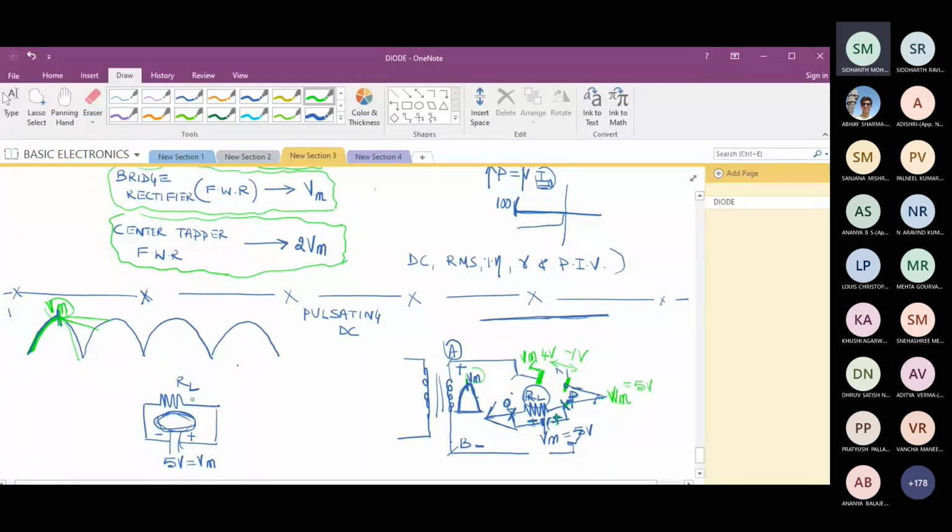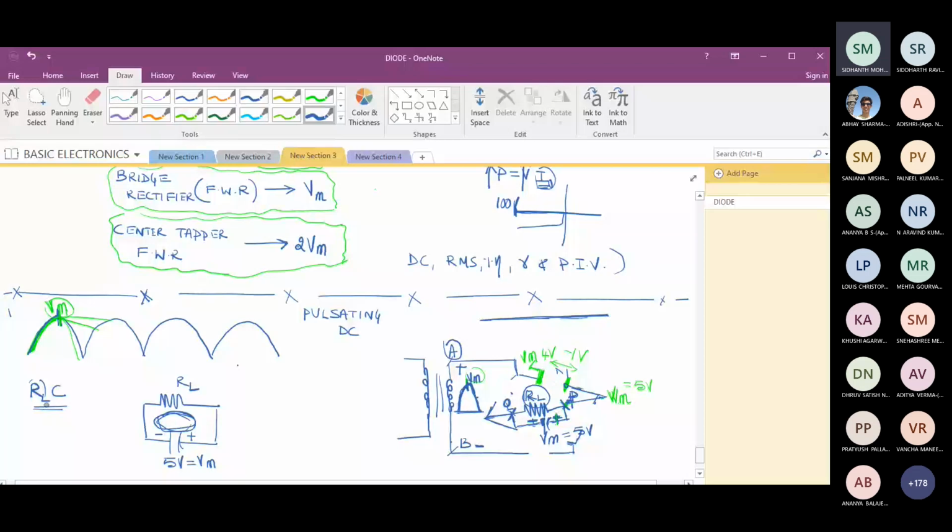This we come to know looking at RL into C value. We are going to get the discharge time by looking at this value, RL into C. What is R? R is resistance of the circuit, load resistance. What is C? The capacitance value, what you are connected. So if I take the product of this R into C, I am going to get the time. If you want, I will just prove it.